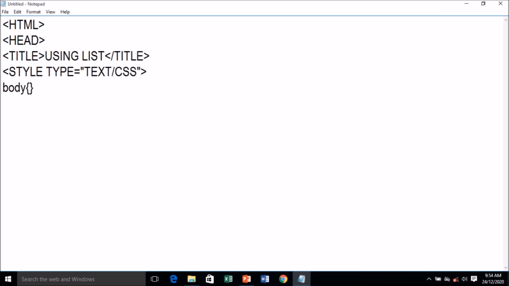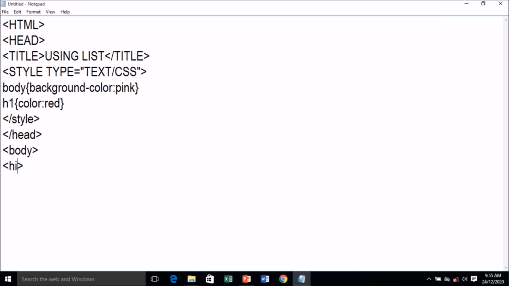Next, let's give a style to the body. Here we'll write background color. In case you know RGB colors, if you know the numbers, you can type the codes here, or you can simply type a color name. Next is heading 1. I'm giving a style for my H1, that is heading 1. I have given color red. Let's close the style tag and the head tag. Here we start the body structure, and this is the first tag, that is H1. We have written here "Benefits of positivity".